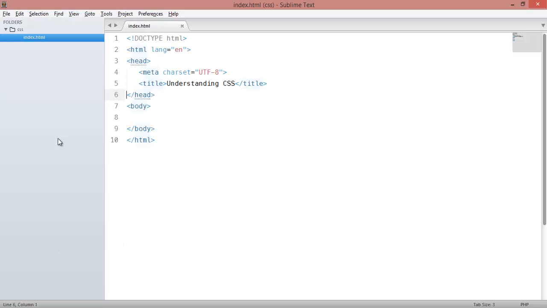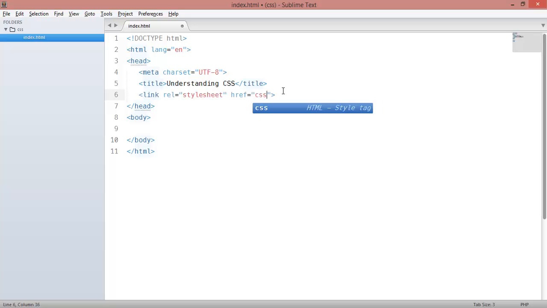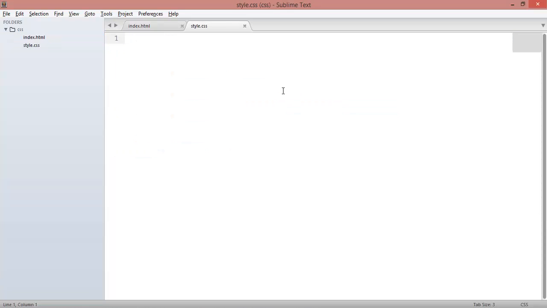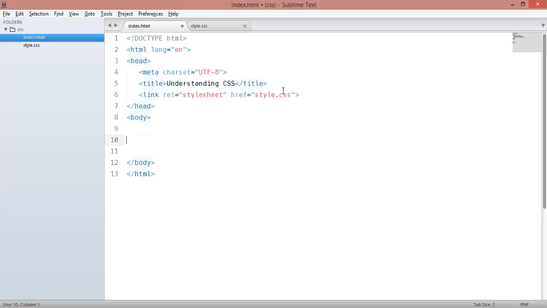So now let's see. Inside my directory I have a folder CSS, and inside I have index.html. Inside this is just the HTML attribute, and then I'm going to create a new file called CSS. Before we create the new file, I'm going to link to this CSS file, style.css. Save. I'm going to create a new CSS file called style.css, and right here I'm going to create a new div container